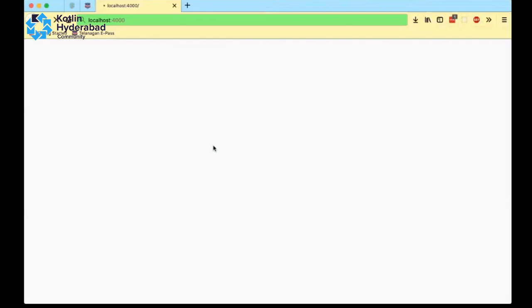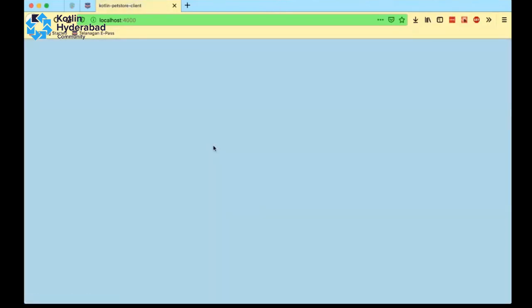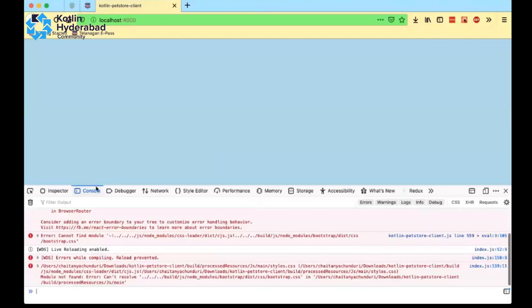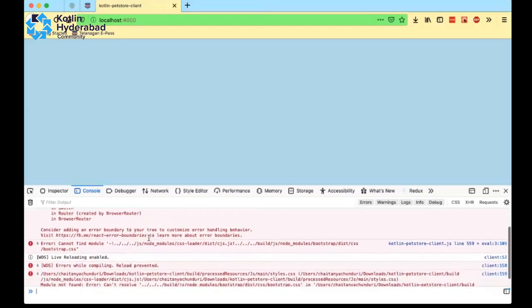It's just loading. When it loaded, you will see all the pet store with the images, all the stuff. It is not loading. There are surprises. Okay.